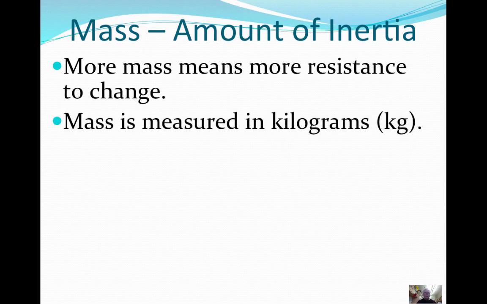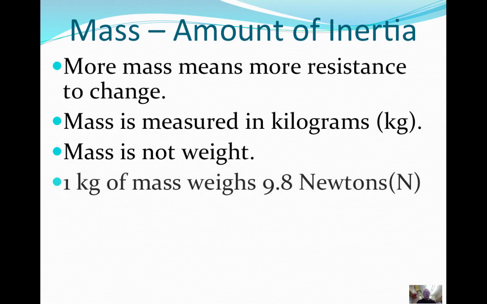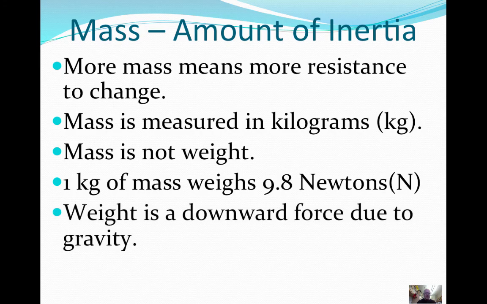Alright, so mass is going to be measured in kilograms. So here's a new unit for us and a new variable as well, the mass. A lot of times people are going to confuse mass and weight. Mass and weight are not the same thing. Mass is the amount of matter that you have, and weight is a force you feel because of gravity. So 1 kilogram of mass weighs 9.8 newtons, and since Newton's laws are what we call these things, we give the unit his name. And weight is not the amount of stuff that you have, it's a downward force because of gravity. And we'll start talking about that in a couple minutes here.